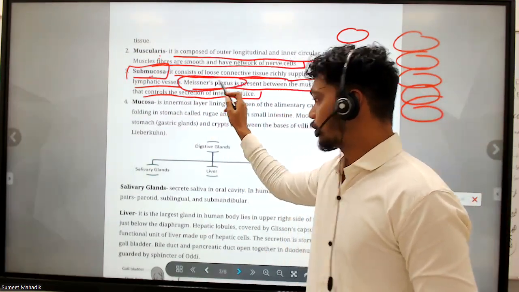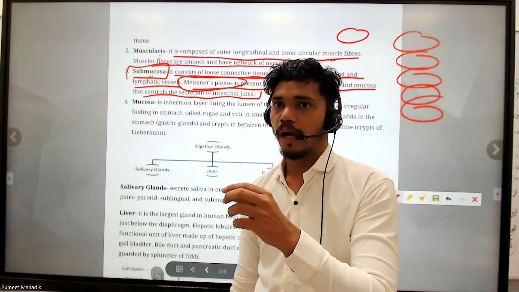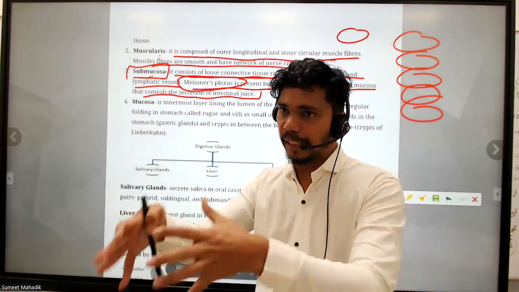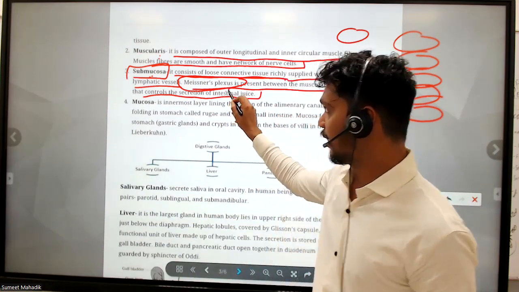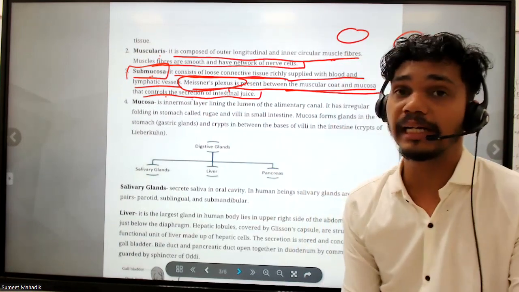This is a plexus. What is a plexus? What is a junction? If you talk about a junction, everything is meeting there. Similarly, it's meeting here, between the muscular coat and mucosa, and controls the secretion of the intestinal juices